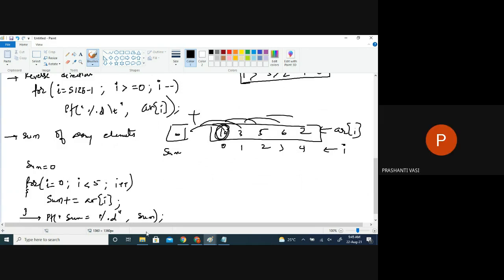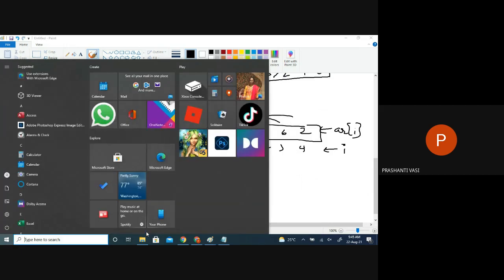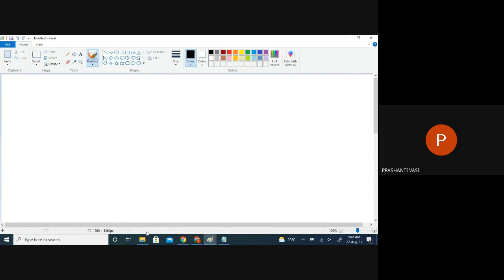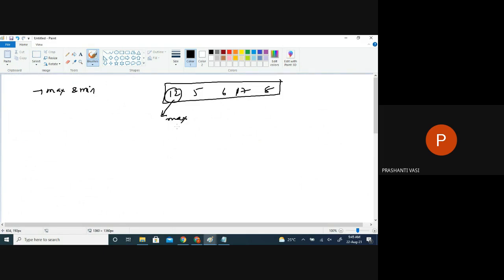And these are like basics. At least we should know some programs in array. Now we know printing in forward and backward direction, and we know the summation. We want to find the max and the minimum programs. So to find the max and the min, if this is an array in which we have these elements, I'm just giving a logic to you. I'm assuming this has the largest of all the elements.